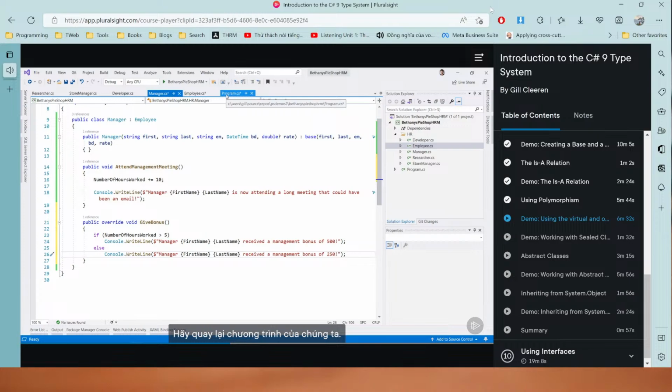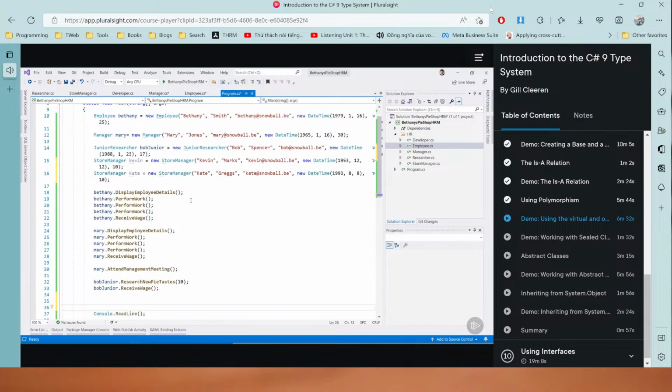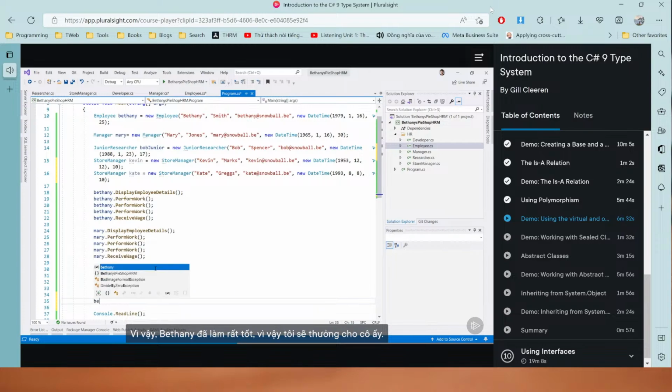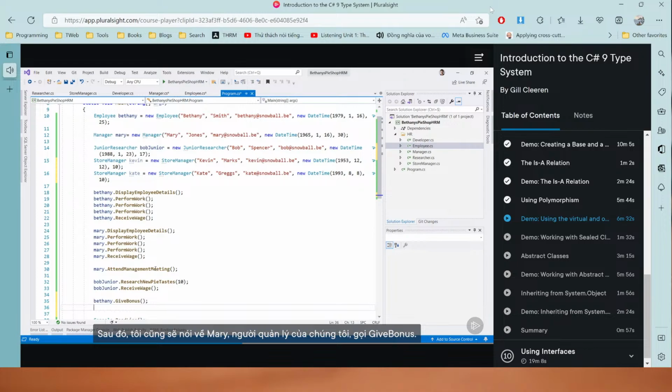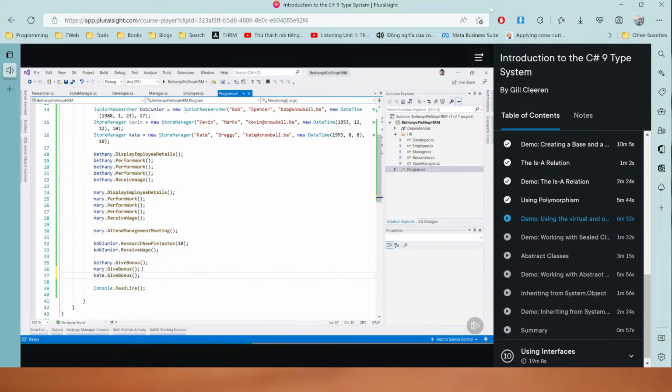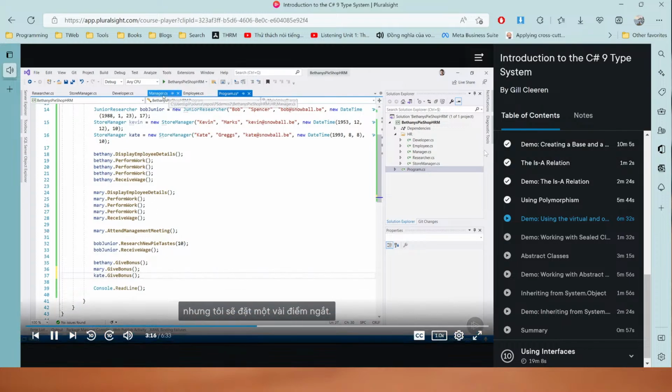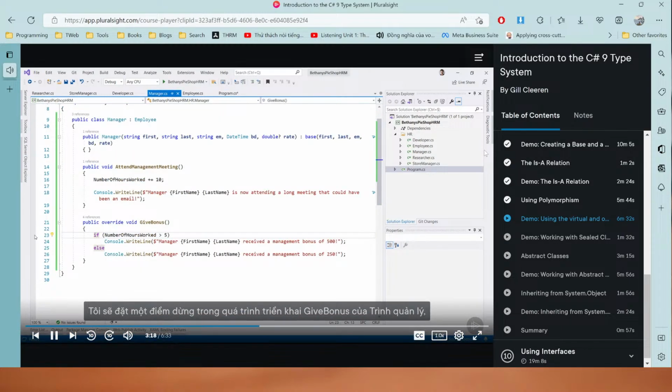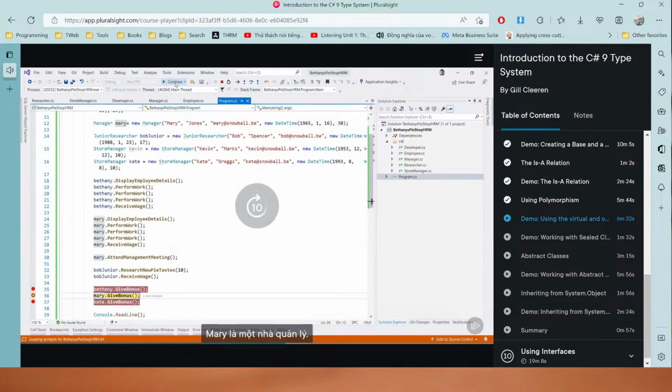Let's go back to our program. Bethany was an employee, so Bethany has done a great job, so I'm going to give her a bonus. Then I'm going to also on Mary, on manager, call giveBonus. And finally, let's also give Kate, our store manager, a bonus. Now, although we'll see different output, I'm going to put a few breakpoints. I'm going to put a breakpoint in the manager implementation of giveBonus. There we go, we hit the first. Mary is a manager,